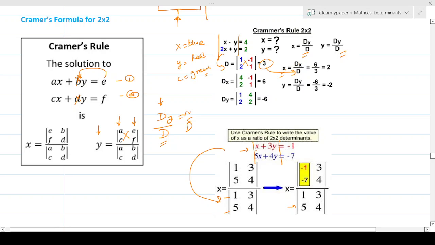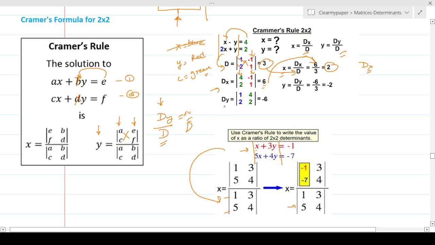And what is dx? You replace the coefficients of the variable x from both the equations. That is, you remove all the blues and replace them with the constant matrix, the greens. And that's what they're doing here. If you see, the blue is gone, the 1 2 is gone and has been replaced by 4 2, whereas the other variables, the red, remain intact, no change to that. And whenever you form this new substituted determinant, you find the value of that. Whatever value you get goes in the numerator over here. That is the value of dx. And whatever is the net value, the ratio, that is the value of x.